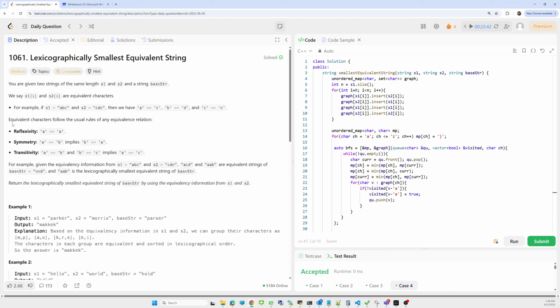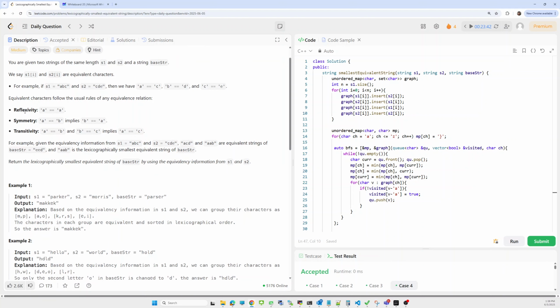Equivalent characters follow the usual rules of any equivalence relation. Reflexivity: a is also equivalent to a, itself. For symmetry, if a is equivalent to b, then b is also equivalent to a, vice versa.